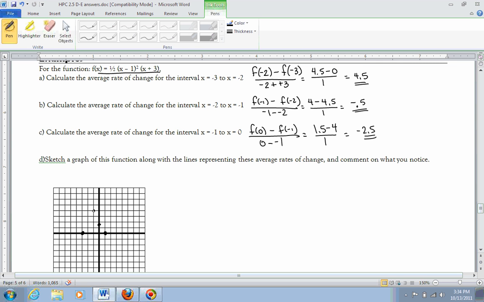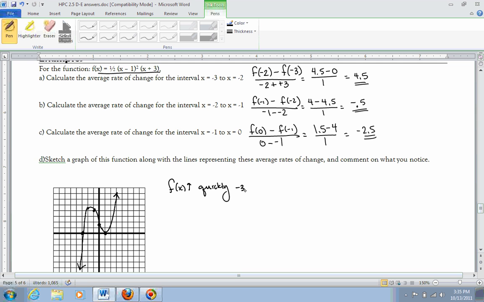You can continue to plot some points in there and see some values, and then you realize this is a cubic function. It's going to start low, bounce through these points, come around and hit the x-axis at 1 and bounce off, because that was an even power on that one. Okay, so if you look at each of these values, what this means is the f of x is increasing quickly